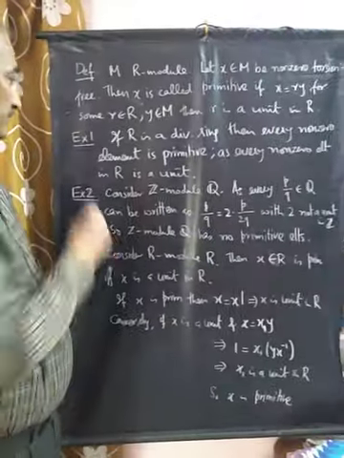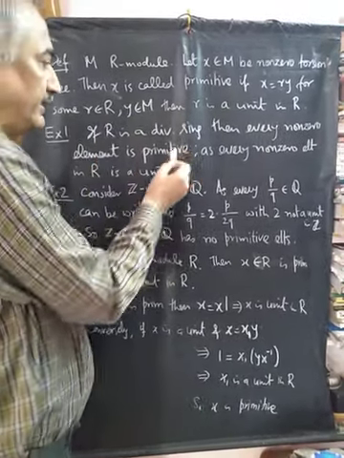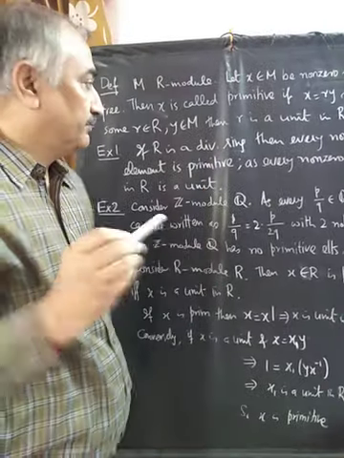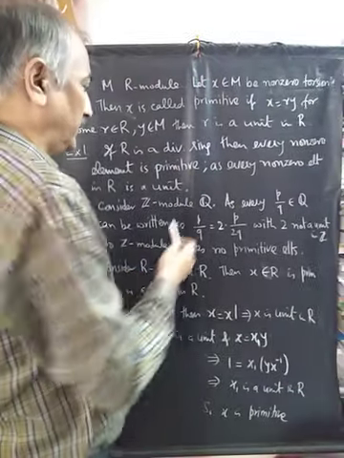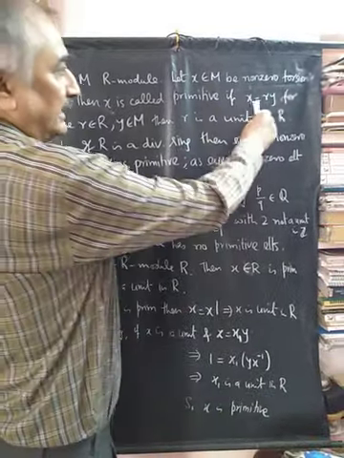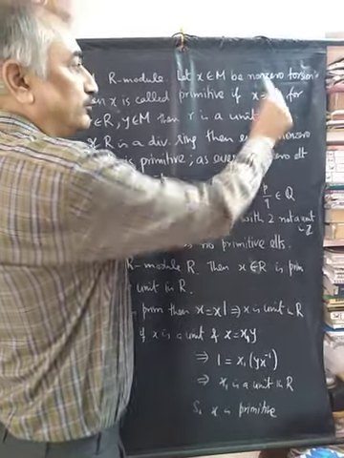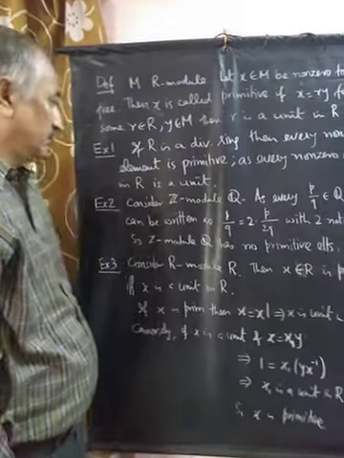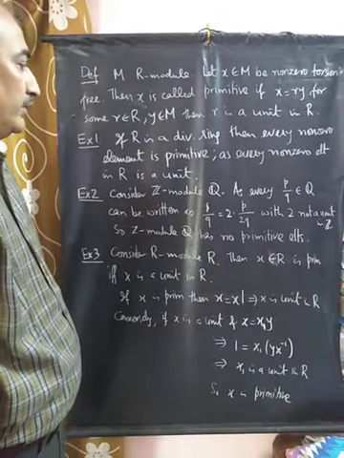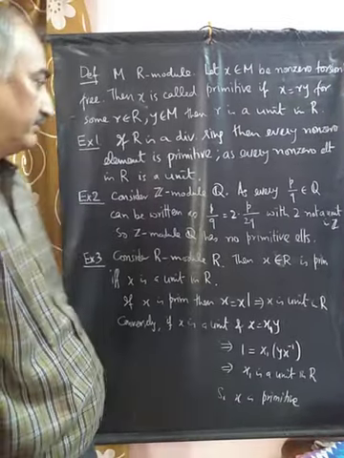So if you look at this first example, I take R to be a division ring, which has the property that every non-zero element is invertible. So if x belongs to M and you write it like this, then because x is non-zero, this r is also non-zero and therefore is invertible. So a division ring is a ring such that, for any module over it, any non-zero element of the module is always primitive.